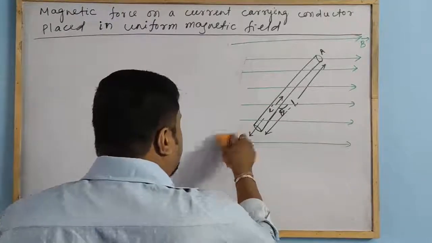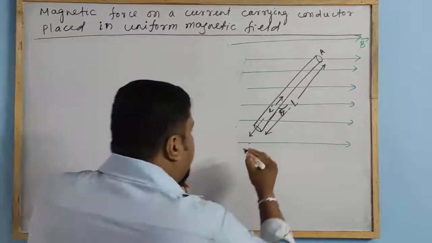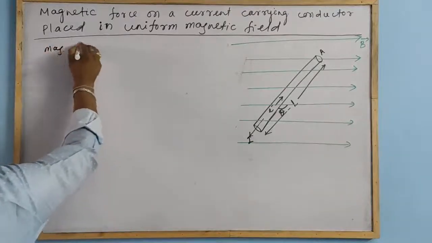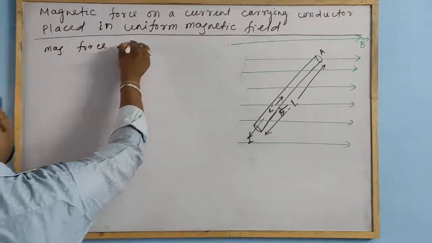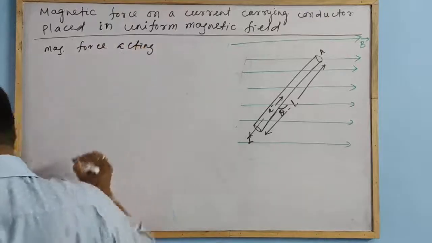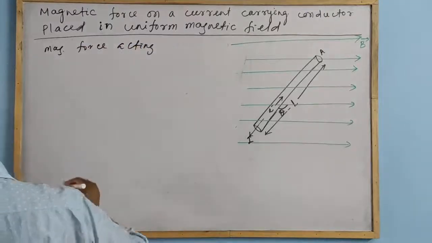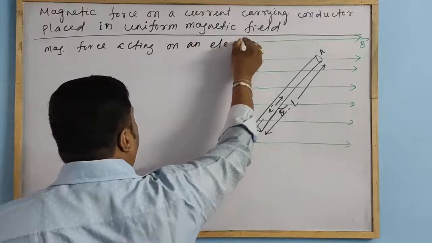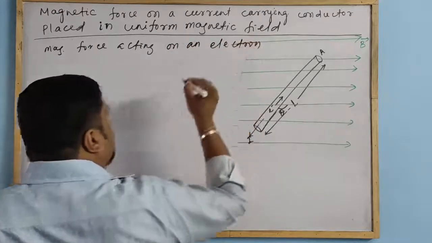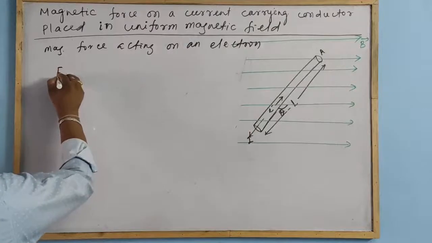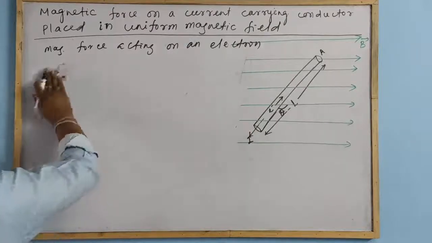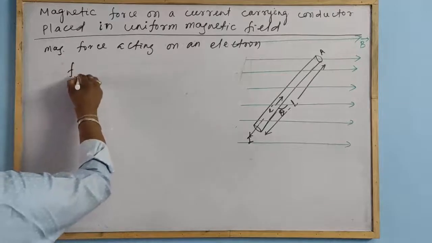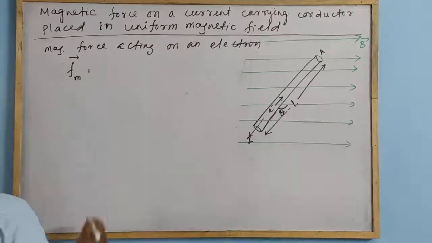The magnetic force acting on an electron, this is current I. Here I will consider direction part. So let me take this as Fm, small f, magnetic force Fm is equal to,